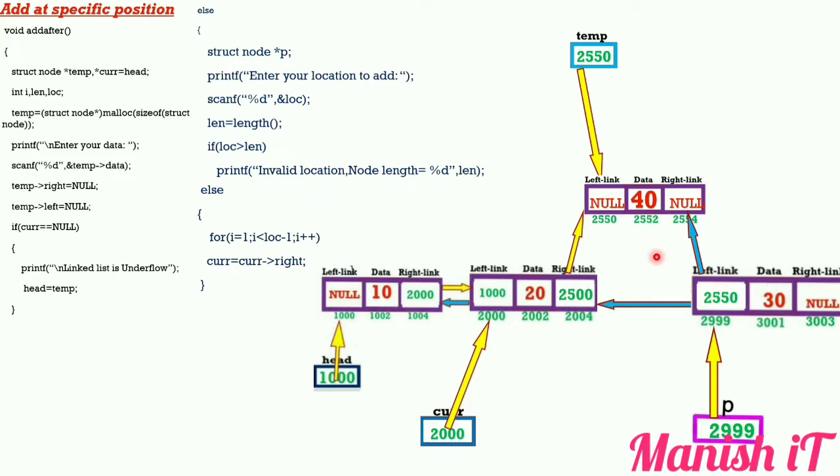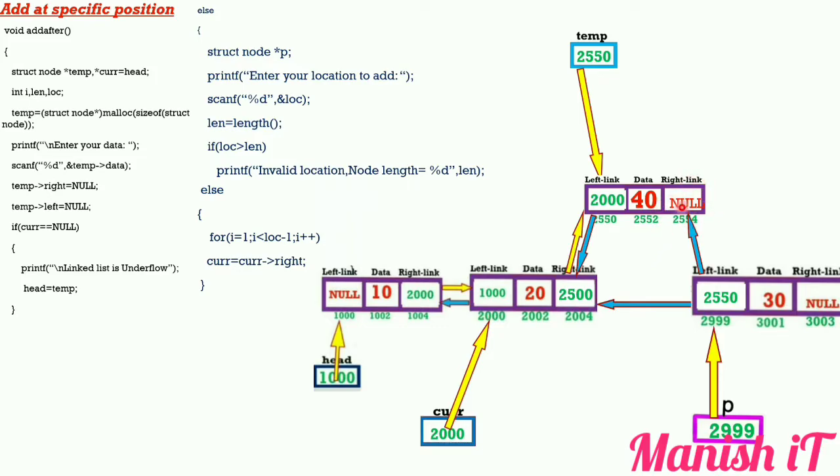Now once again, in this null area we have to store the base address of this. So how to store? Basically we have to write temp. Temp is stored in temp2. Suppose temp2 left is stored with the base address of this. The base address of this is current. So temp2 left is equal to current. Then the connection in the backward direction has been created. See this, whenever 2000 has been stored here, the connection in between has been created.